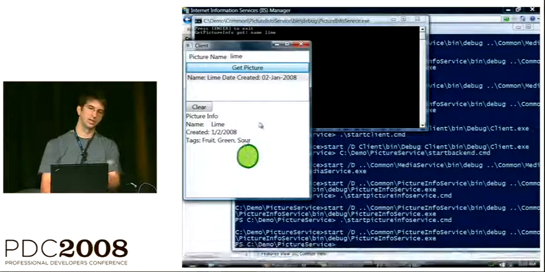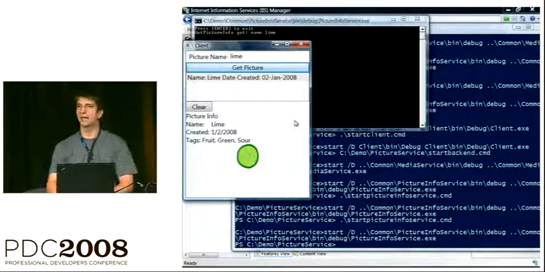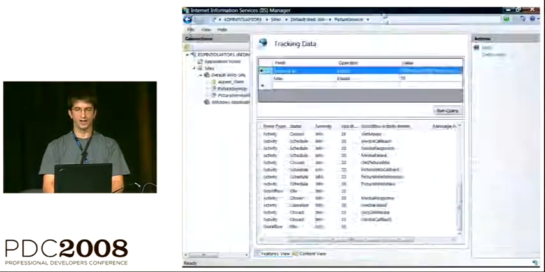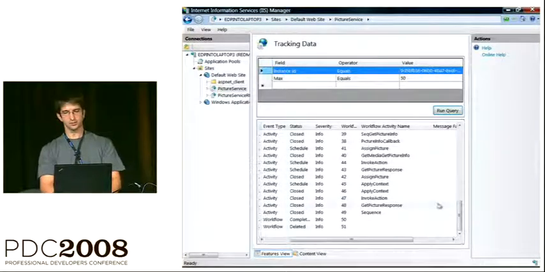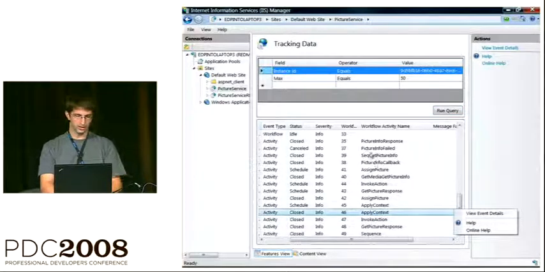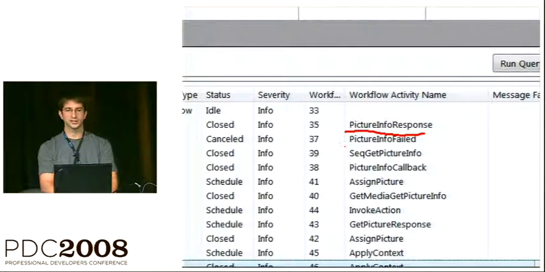And now you can see on our client that the message got back to the picture info service and the service completed. If we run this query on our tracking information again, you can see that indeed the picture info response was closed, and that other branch was canceled.